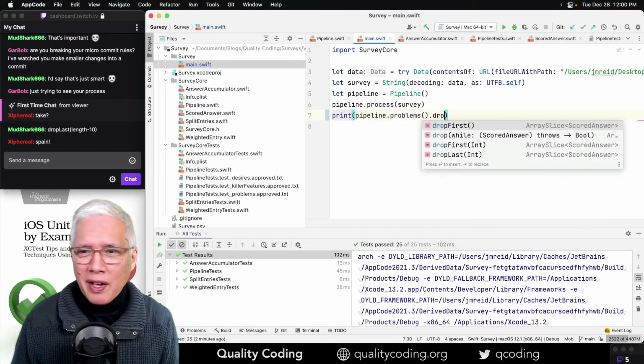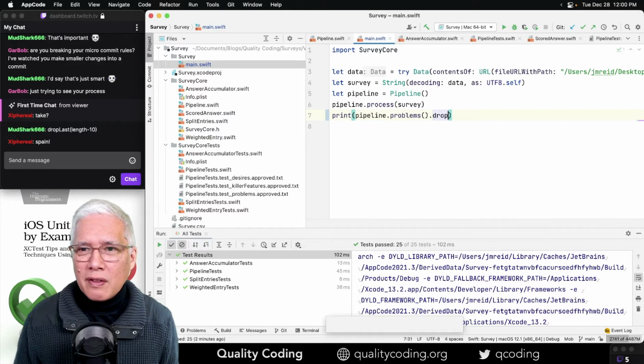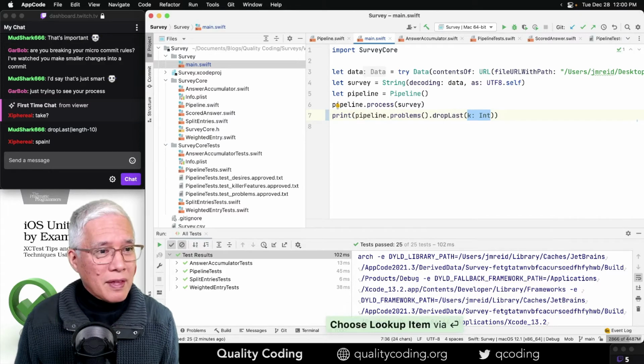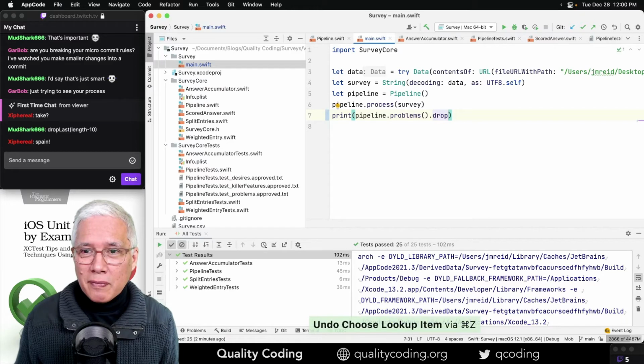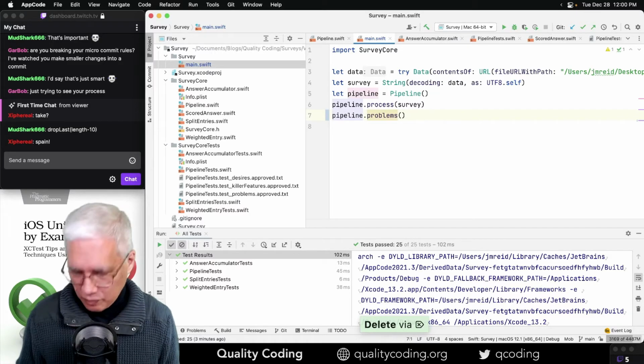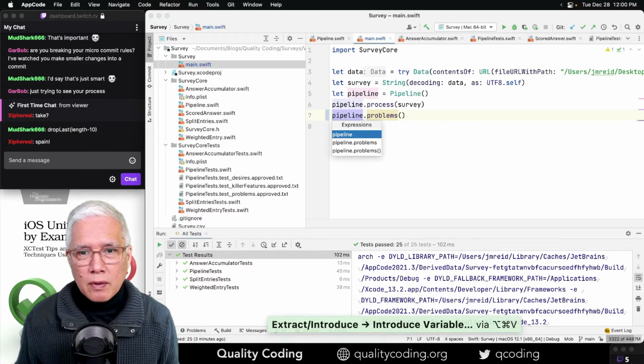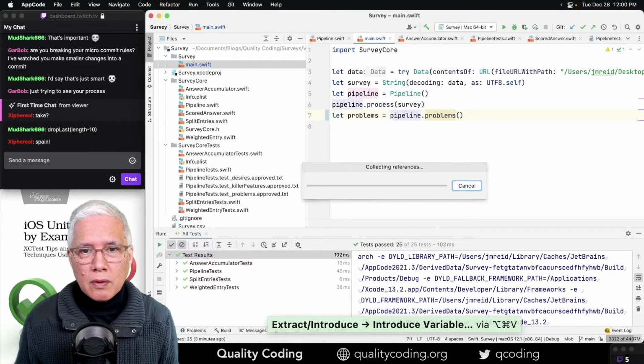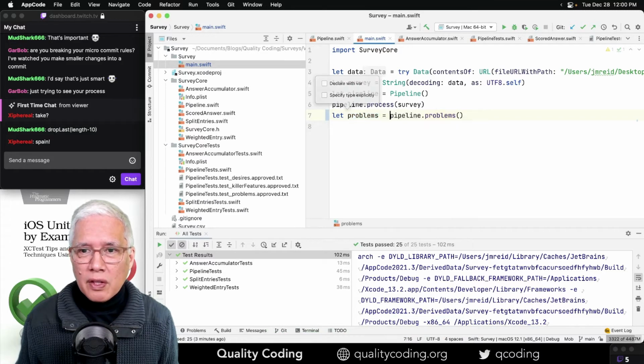All right, drop last. Cool. Thank you, Mud Shark. Let's take this. I think I'm going to have to take the problems and extract them to a variable. So let's say, it does that nicely for me, and I should be able to print